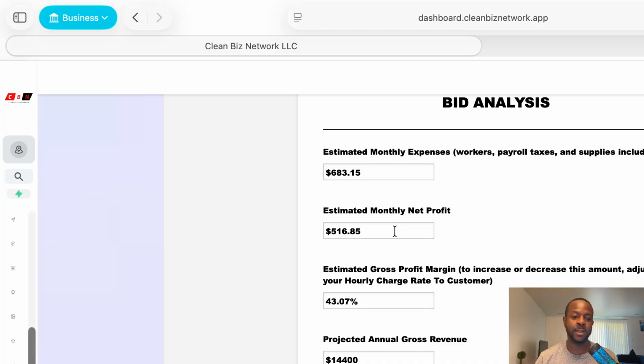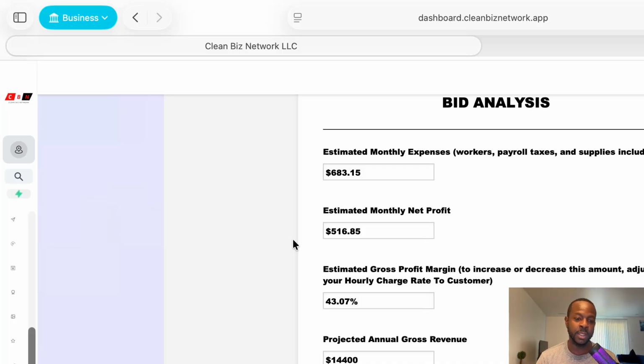But after a while, once you start growing, you need some help, right? You put somebody into that building, that picture we're just viewing. After you pay them, you're going to be making $516.85 without even touching it. Obviously, you'll have to inspect it maybe once a week, once a month,